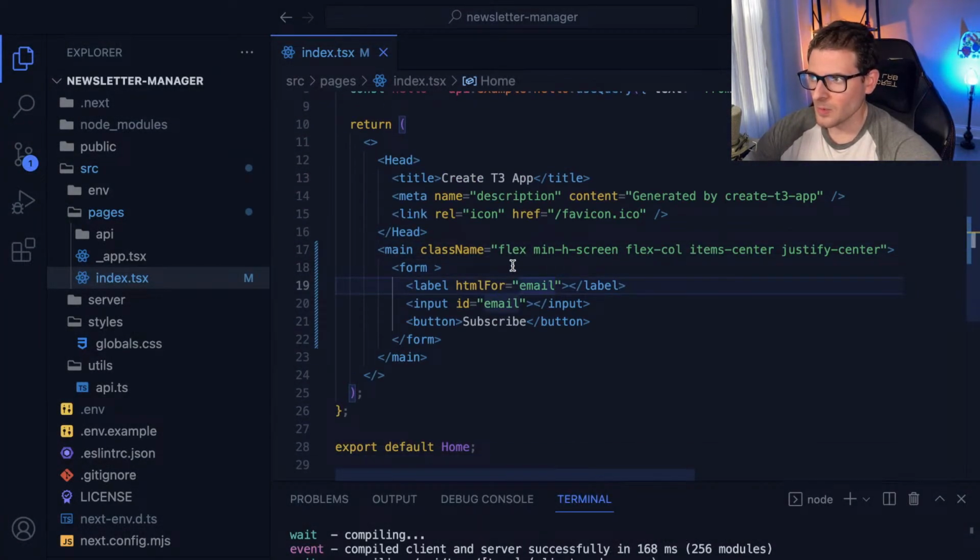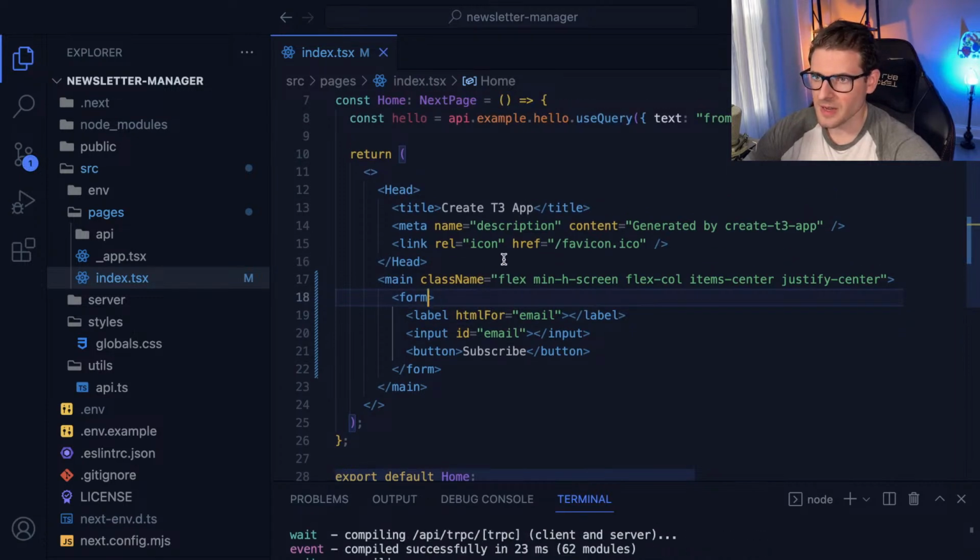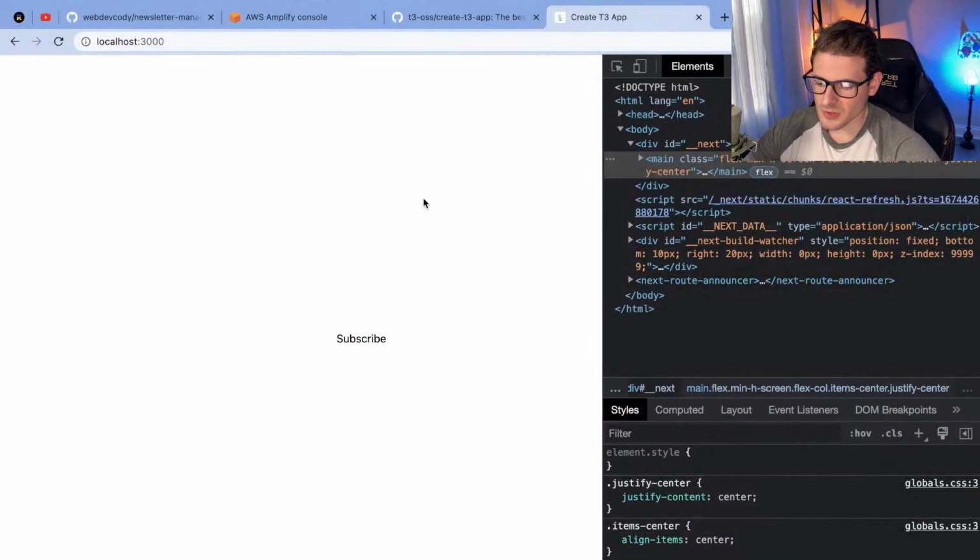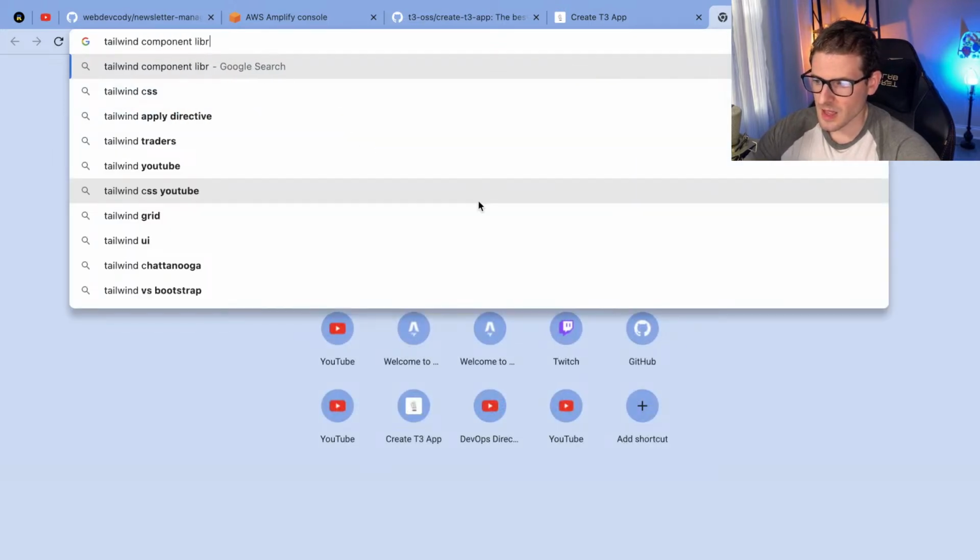Now we could bring in React form hooks, but I might just keep it simple for right now. And then also, I think there's a Tailwind library that I've been using to get some nice looking inputs. We could try Daisy UI again. It kind of goes against the grain of Tailwind, or we can try to do whatever that library was that I was using on my other project that I already forgot. Tailwind component library.